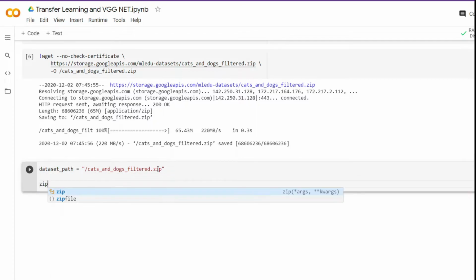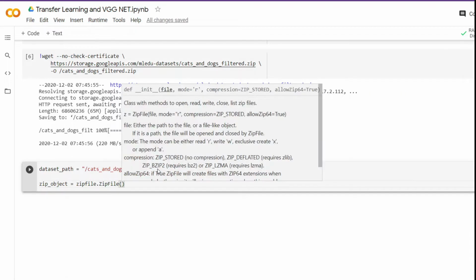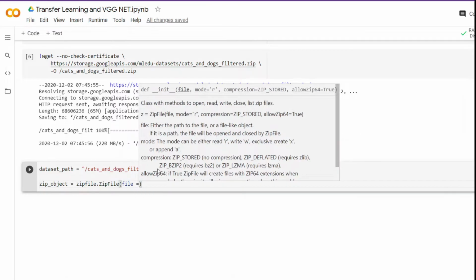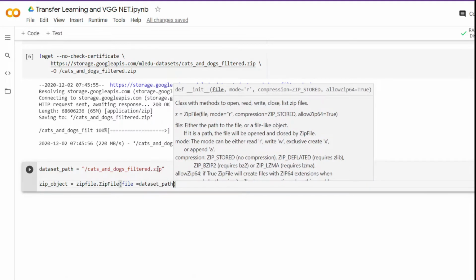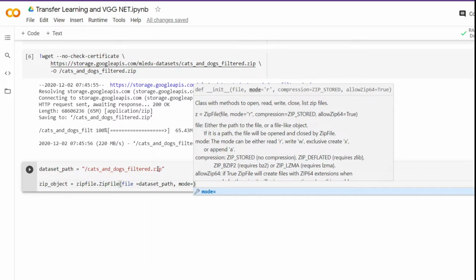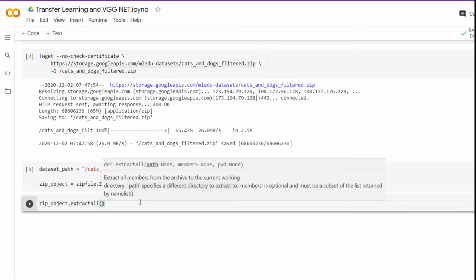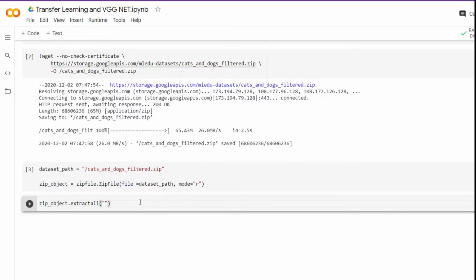Since we need the images that are inside this zip file, we create a zip object, and from the zipfile module, we call ZipFile. This will read and write the file based on our task. This function takes a few arguments. First we pass the file path. Next we pass the mode. Since we only want to read the file, we pass R, where R stands for read. Next we have to extract the file. For that we call the zip object dot extractall function, and pass the path where we want to extract the file. In this case, we want to extract the file into the current directory, so we pass this as a string.